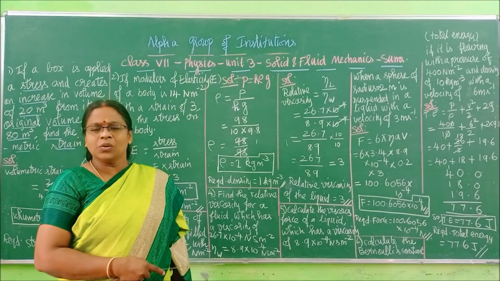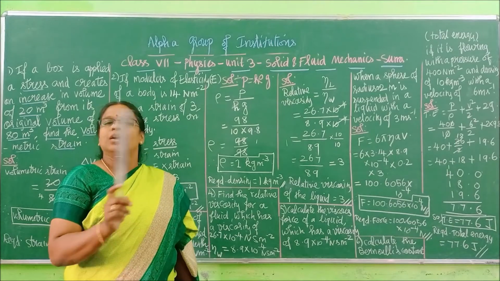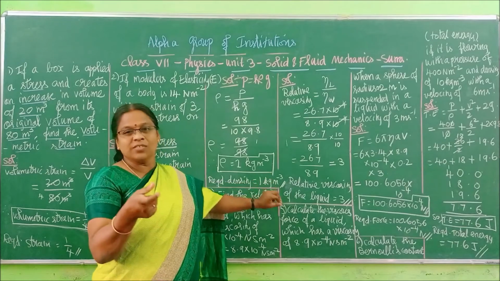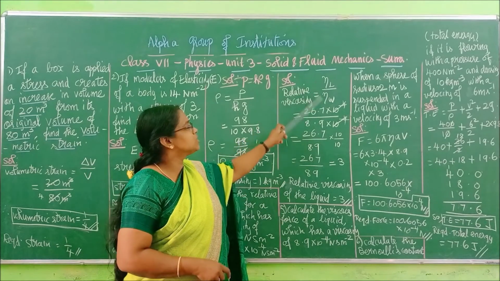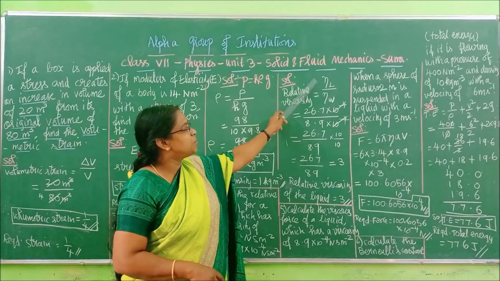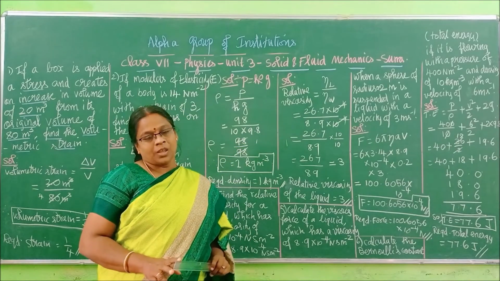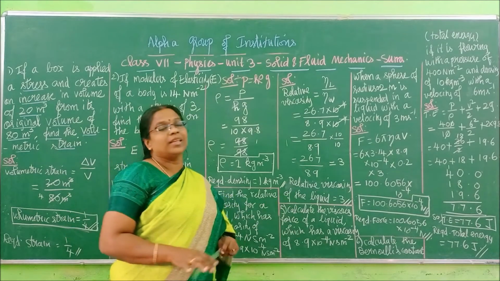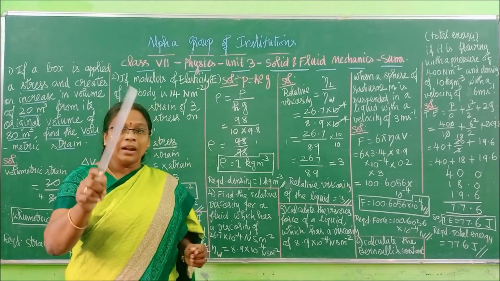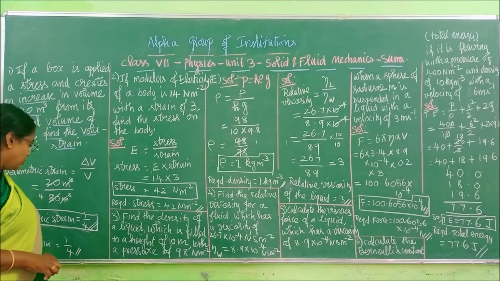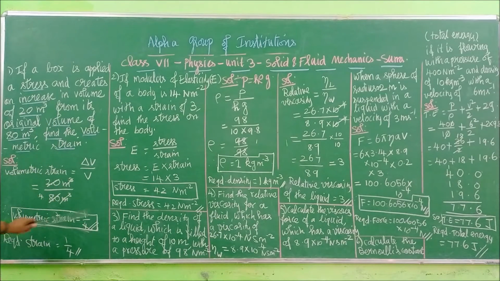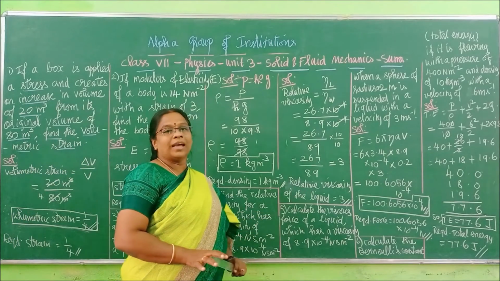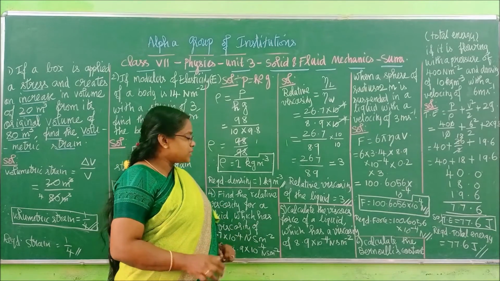Why I have left the unit there? Why I have not written the unit? Because relative, that word itself will say it is the ratio of two similar quantities. One is explained in relation with the other. So units will get cancelled with each other. So no units will be there for relative viscosity. Already one term I told you without any unit. What is that? Strain I told, and relative viscosity also I told. So this will also be not having any unit. Right. Fifth question now.